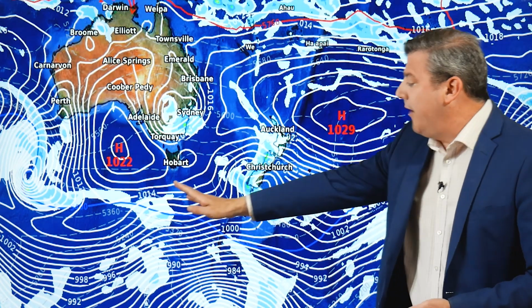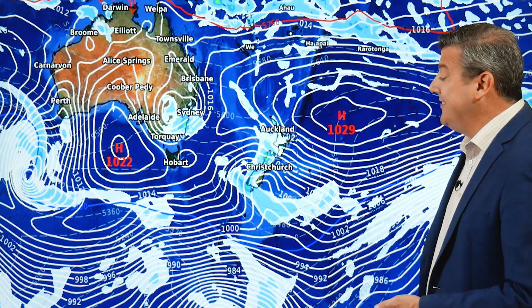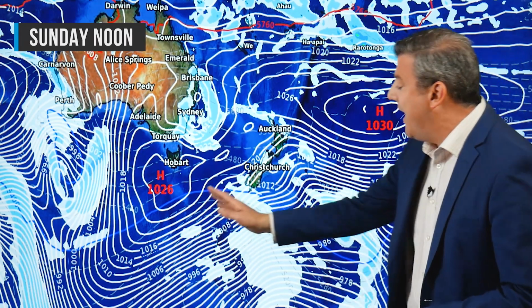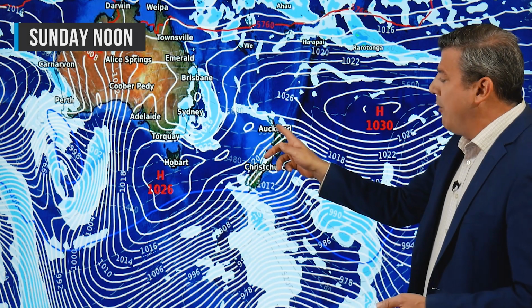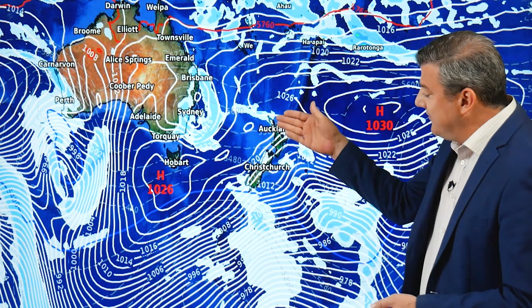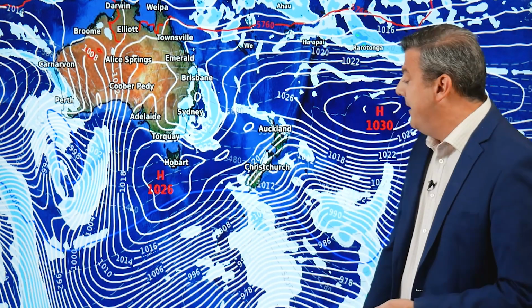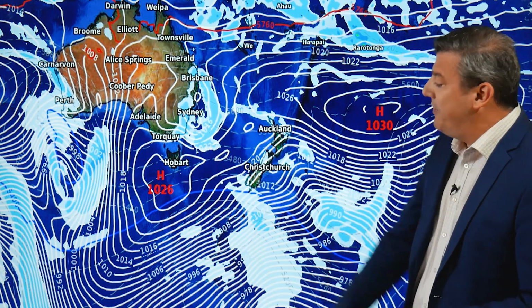Rain more likely on the west coast. You've got a different airflow. It's coming out of the Southern Ocean across all of the South Island. So you'll notice a little bit of a temperature drop as we head in towards the weekend. And our final map for Sunday shows that southwest flow going right up and across most of New Zealand. It's really about Auckland and Northland only that are on the outer edges of that. Everyone else will feel a little bit of a temperature drop. You'll also notice the winds picking up a wee bit blustery in some exposed areas and 1 or 2 showers hanging around. But there's the next high